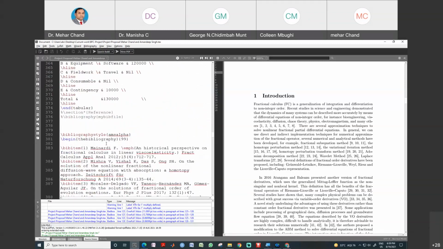How we can use these references? This is the bibliography style, which style we want to use, and this is the begin thebibliography 99. Why are we using 99 here? If the number of references is less than 2 digits, then we write 99 here.